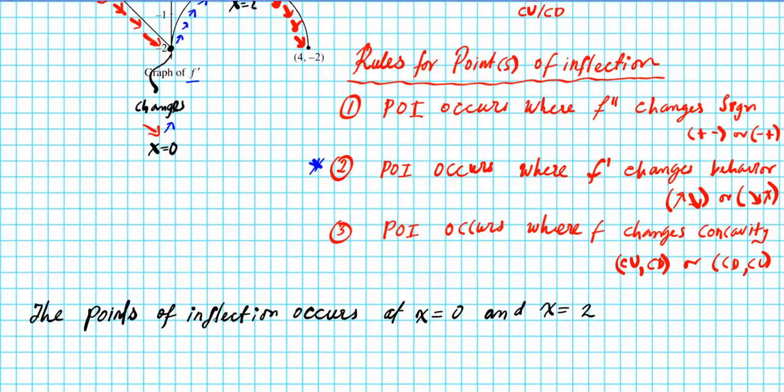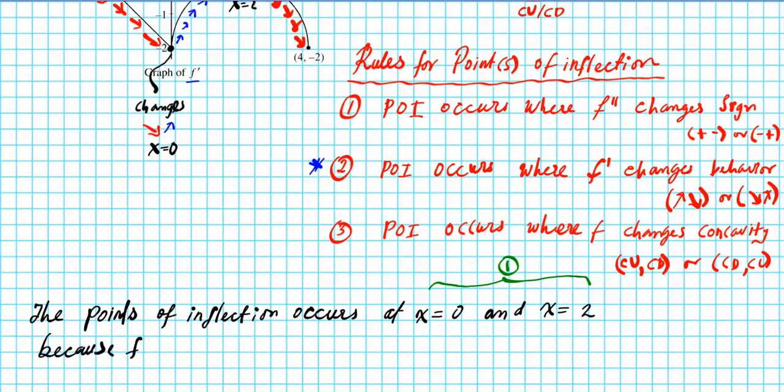So writing this down, identifying the values where the points of inflection occur, you are going to earn yourself 1 point. Okay? In order to get full credit, you have to provide justification. What's the calculus that leads you to this conclusion right here? So that's the because part. All right? Points of inflection occur at x equals 0 and x equals 2 because